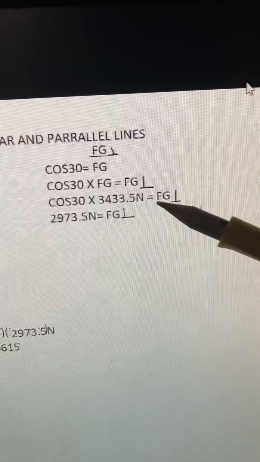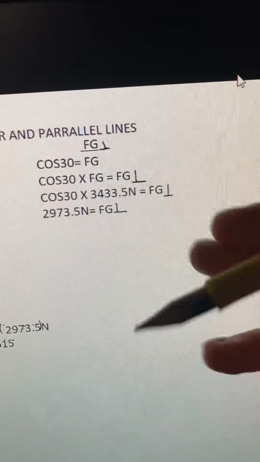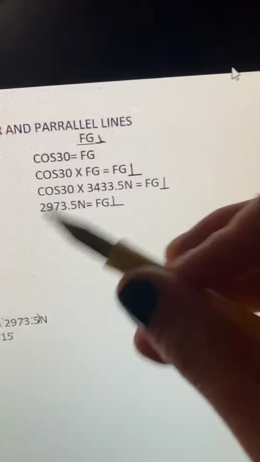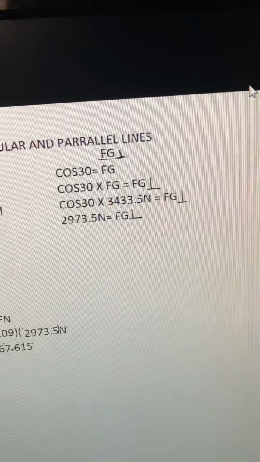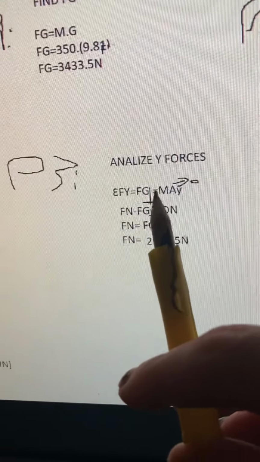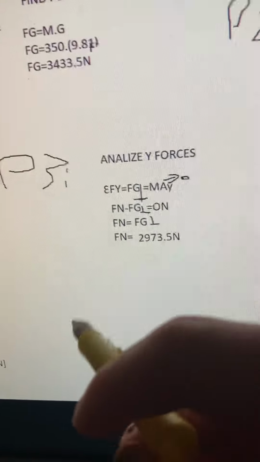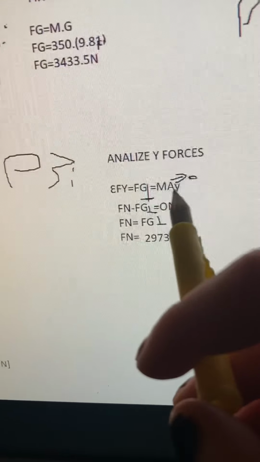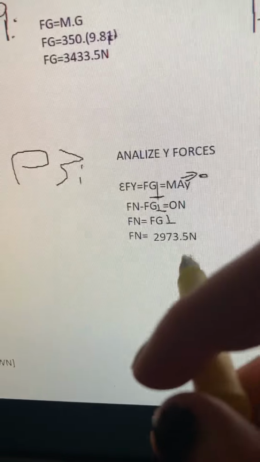The next one's similar, same thing. Get Fg perpendicular on its own, put in the numbers. And then you're going to want to analyze your forces in the y direction. So Fy is equal to your Fn minus Fg perpendicular. And since we have no actual acceleration in the y direction,